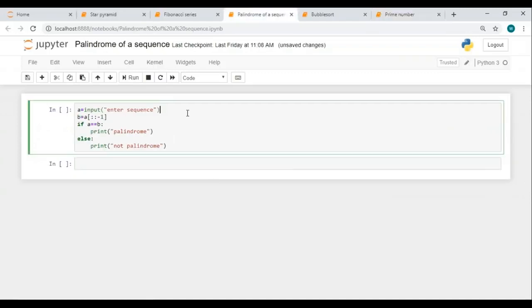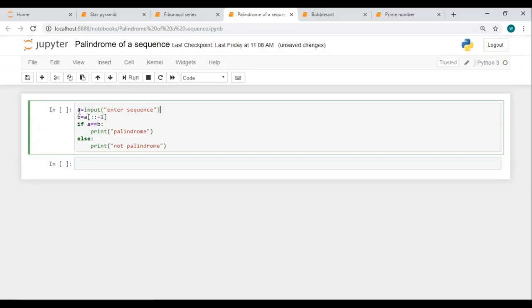Now moving on towards the second program of this session, which is to check if a sequence is a palindrome. A palindrome, guys, is a sequence of characters that reads the same in either direction. That is from the left hand side to the right hand side and from the right hand side to the left hand side. Say for example the word madam or Malayalam or the number 121 or 00800 etc. So now I want my program to check whether a sequence is a palindrome or not.